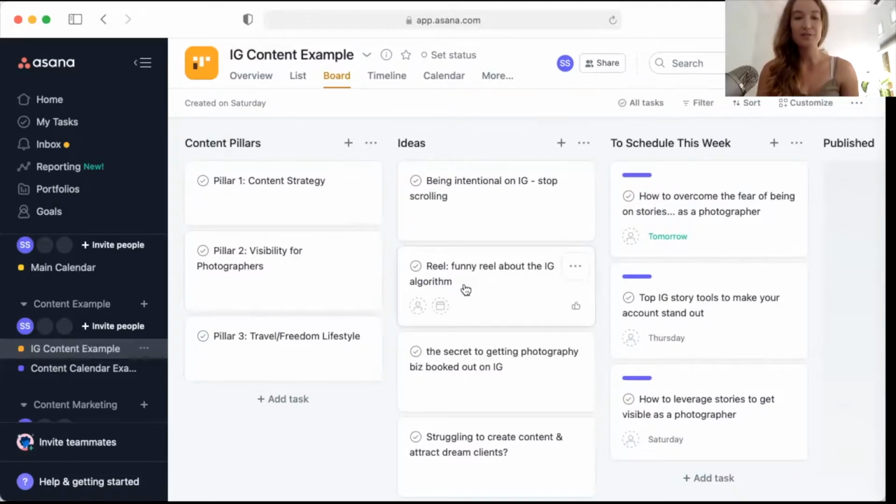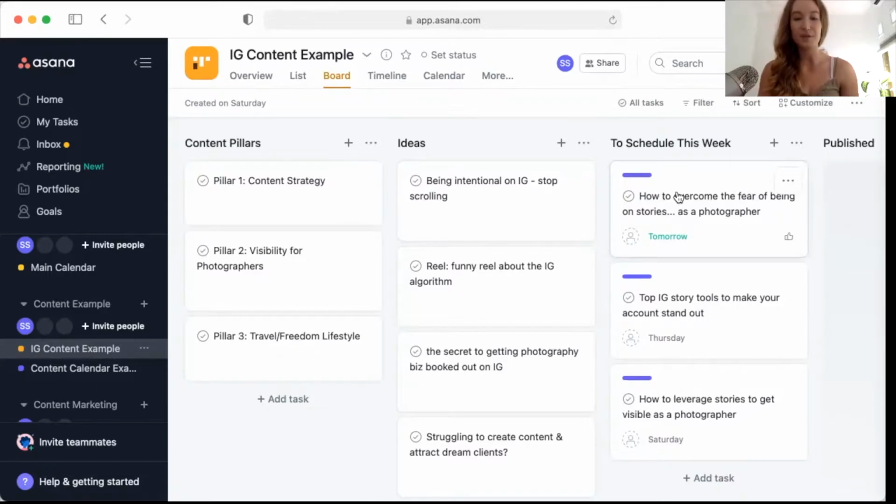And now that you've brainstormed and researched a bunch of ideas, you can jot them all down here and start to map out what content ideas you are going to include for this month or even this week. So basically you can just drag and drop these and assign each of them a due date. So whatever ideas you have that are going to be scheduled out this week. And what I like to do is look at all of these topics that I include for that